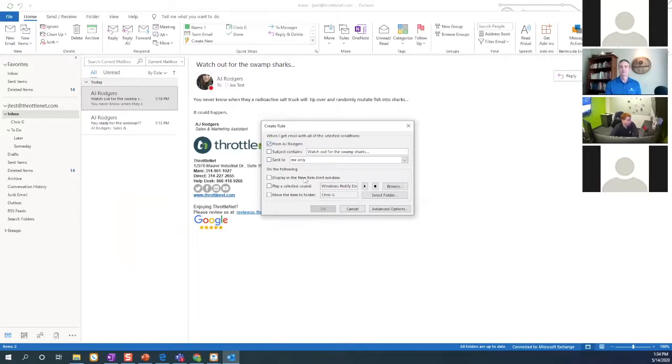I can tell it to alert me every time if it's something I know that's going to be crucial. So like if George Rosenthal is going to email me, I definitely want to see that every single time. Brownie points from George. Yep. Okay, but in this case, I'm actually going to move it to a folder, one of the subfolders